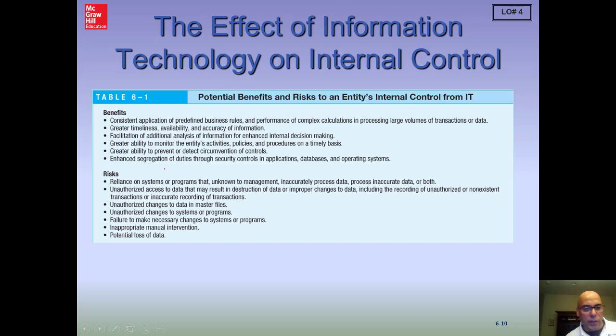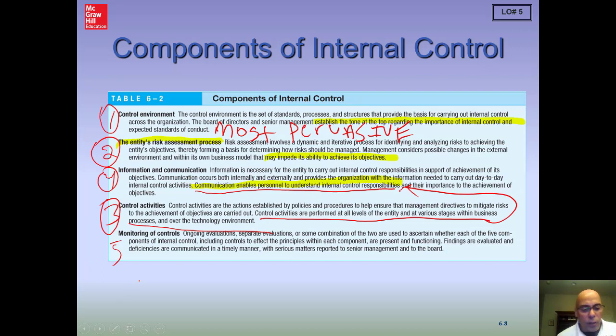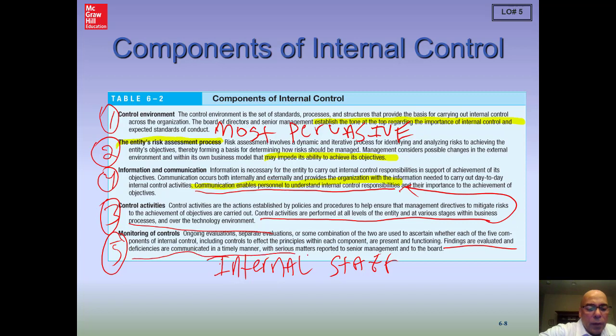And now, for some reason, I've lost my numbering because I went back to the slide there. There you go. And number 5 here is the last part, which is going to be the monitoring. And really, what I want to put in here is our internal audit staff. Okay, internal audit staff is key to this monitoring. The internal audit staff really are the ones going to be monitoring, and they should be communicating weaknesses to senior management, so that again that information gets back up into the top part, tone at the top of the organization, gets back in.